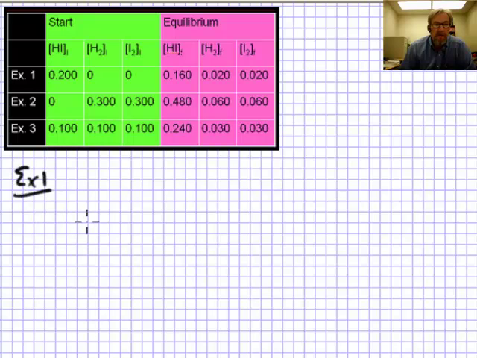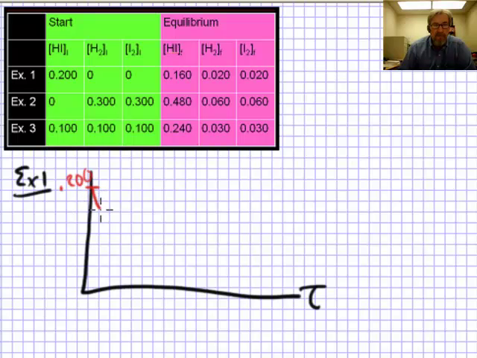Experiment number 1, here's my graph of time versus concentration. And in this graph, I'm going to make HI concentration in red. So my initial concentration of HI starts out at 0.20 moles per liter, and it drops, and by the time I reach equilibrium, the concentration of HI has gone down to